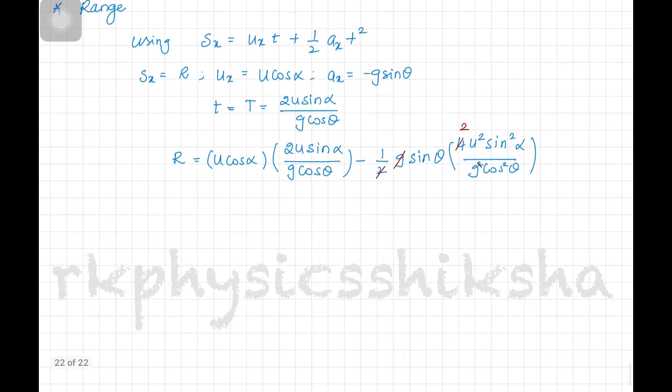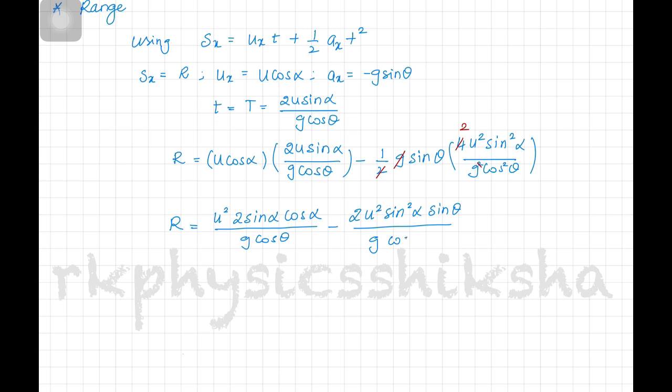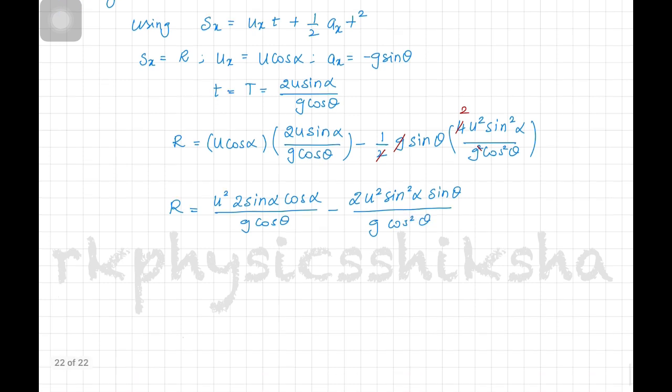So what we will remain with is, you can just write it as r is equal to u square into 2 sine alpha cos alpha divided by g cos theta, minus 2u square sine square alpha sine theta divided by g cos square theta, from